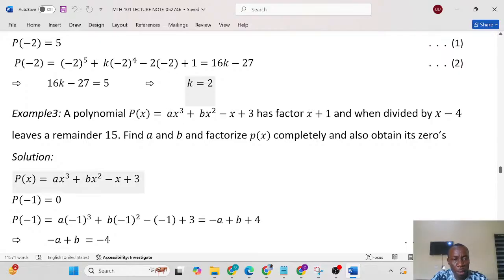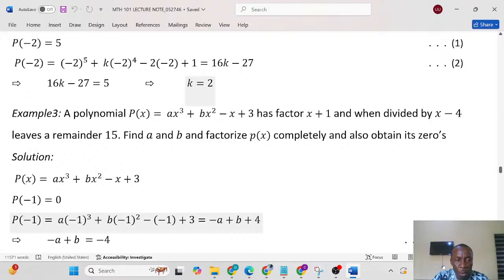Now we come to the given polynomial p of x equals ax raised to power 3 plus bx raised to power 2 minus x plus 3. Now if you pick the factor which is x plus 1 and equate it to 0, the value of your x will be equal to minus 1, which is also the value of c. So if you substitute p of minus 1, the remainder is 0. So p of minus 1